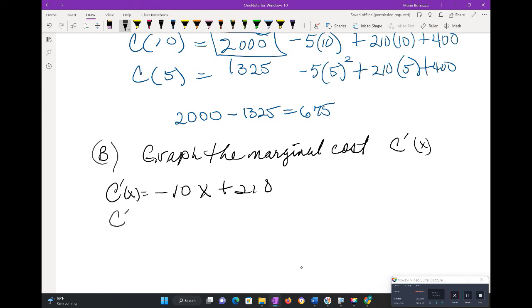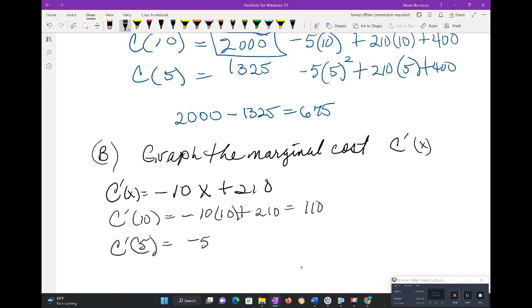So we would start with this equation at 10, and we get negative 10 times 10 plus 210, in essence 110,